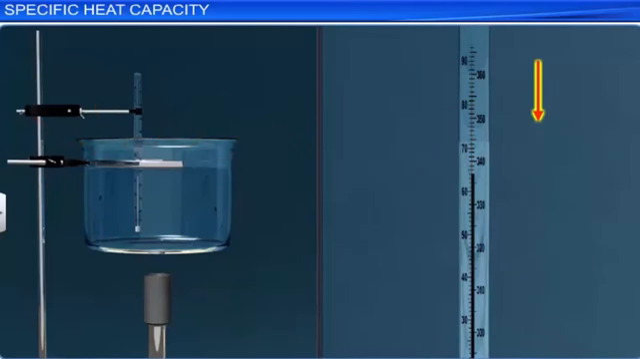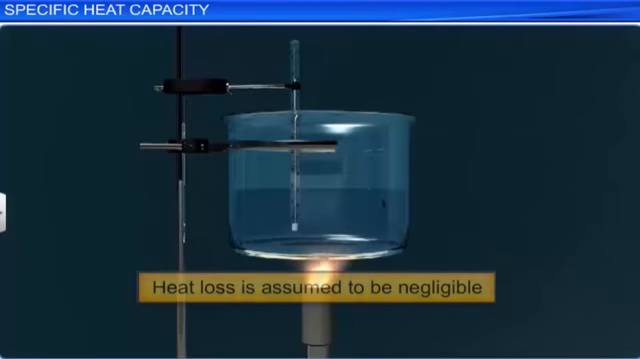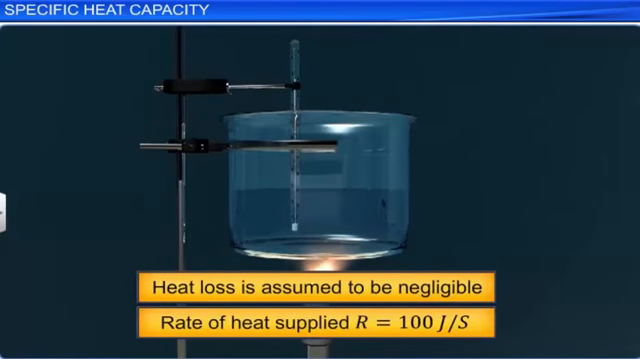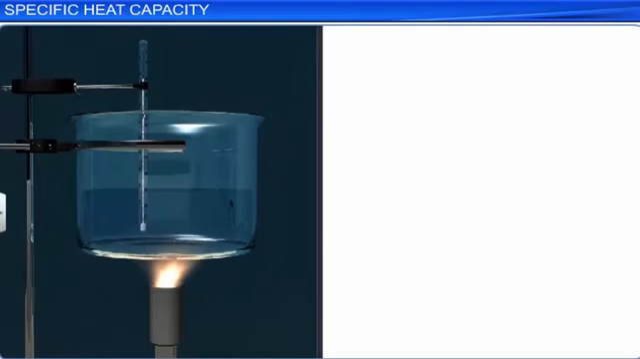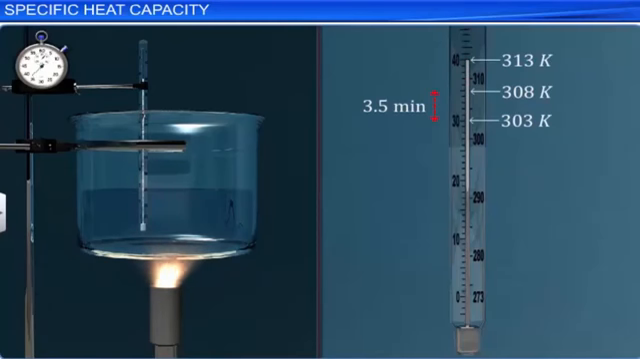Now let us study the factors that influence the heat required to change the temperature of a body. Consider a given quantity of water being heated using a source that supplies heat at the rate of 100 joules per second. If the initial temperature of water is 303 Kelvin and the temperature is increased to 308 Kelvin at the end of 3.5 minutes and to 313 Kelvin at the end of 7 minutes,